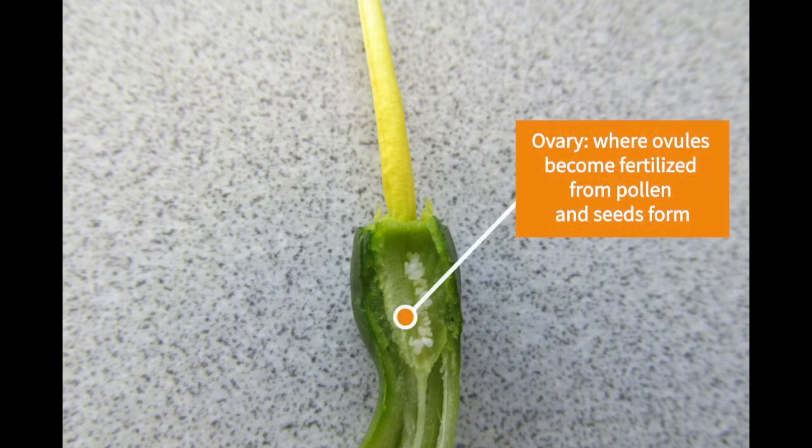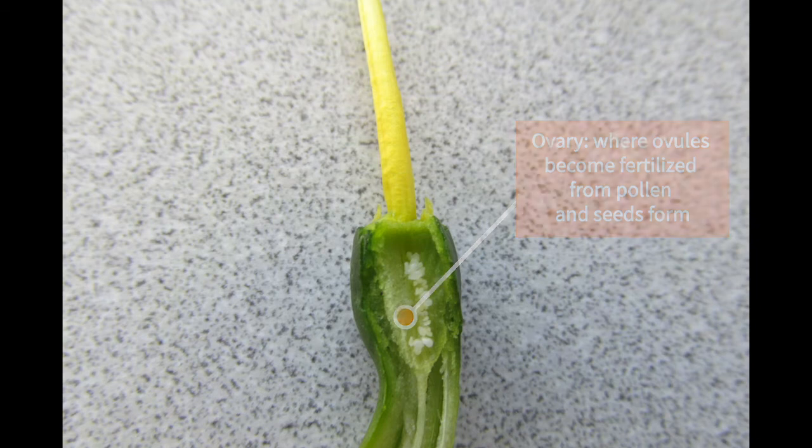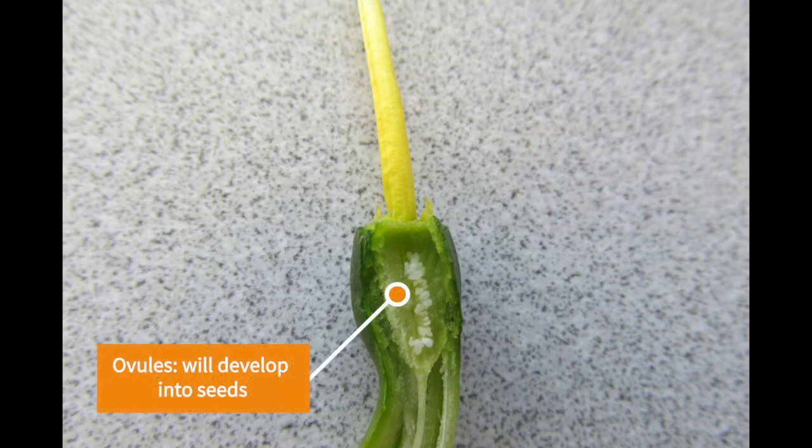The ovary is the lower, often enlarged part of the pistil, which contains the egg cells and produces the seeds. The ovary becomes the fruit. Inside the ovary, we can see ovules. Ovules are found inside the ovary, and they will eventually develop into seeds after fertilization occurs from the pollen reaching